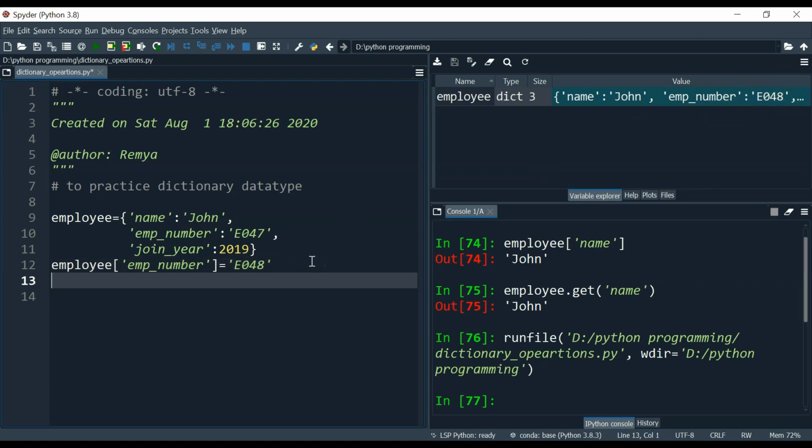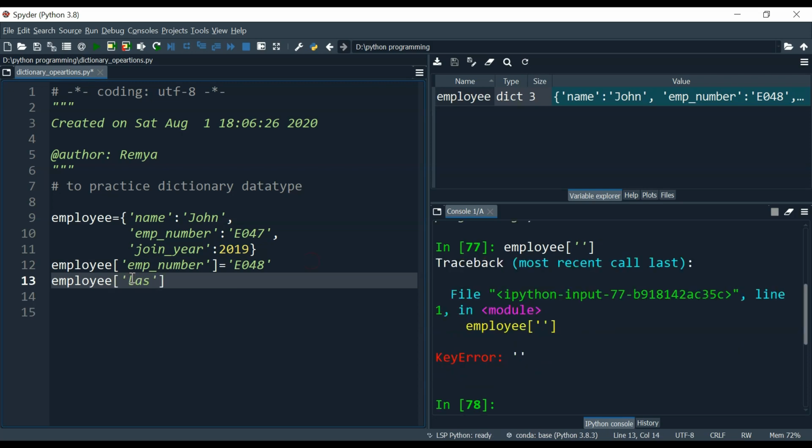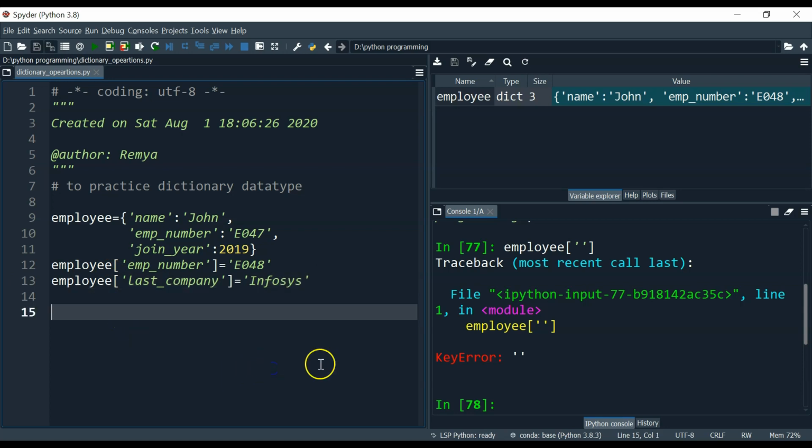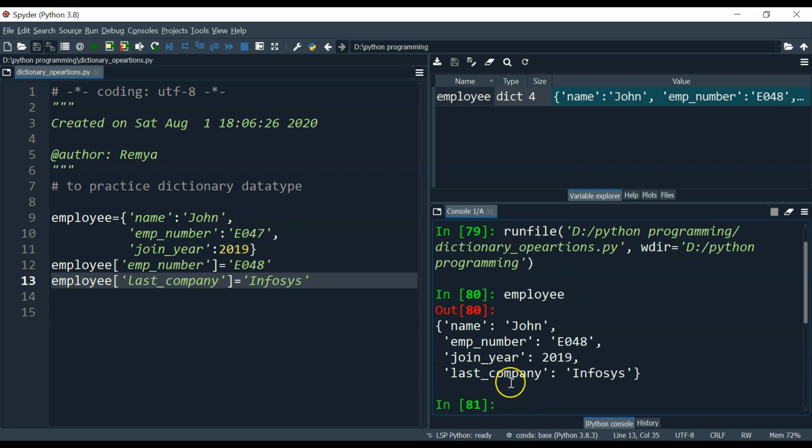So you can modify the value, and suppose I want to add one more key value pair to this, like last company, and I am giving a value of Infosys. Just save it and let's see whether there will be any change in my dictionary object or not. See, now I have added one more key value pair, that is last company as Infosys.